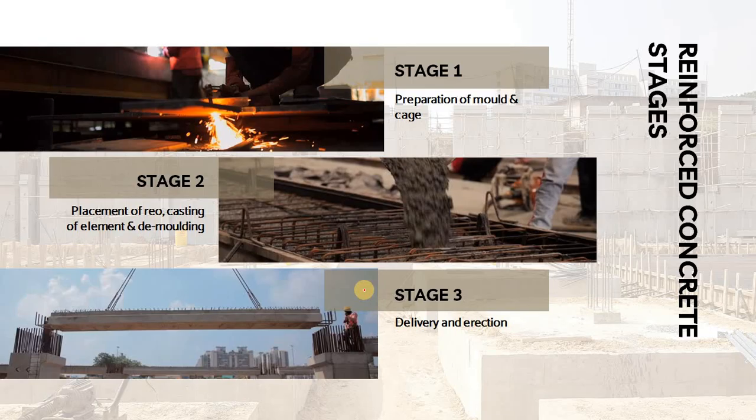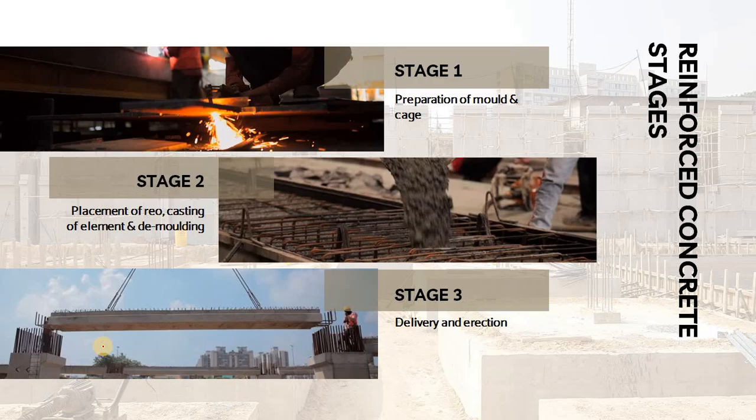So let us go through the various stages that come into the picture. The first stage is the preparation of the mold and reinforcement. The mold will be prepared as per the drawing, and side by side the reinforcement cage will be prepared. Coming on to the second stage, after the preparation of the mold and cage, the reinforcement cage will be lifted